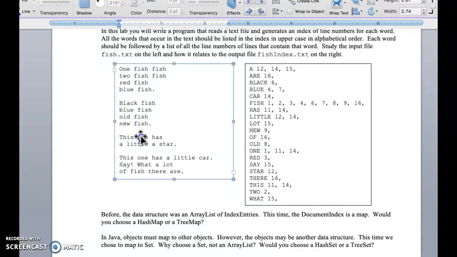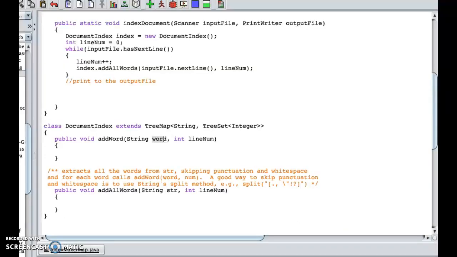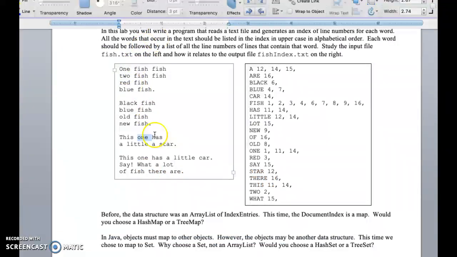Well, when I get down here to line 11, and I hit the word 1, and I ask in that method if this is already in the tree, I'll get a true. And so what I can do is use the get for the tree map using the specified key, which is the word, and it will give me back the value. And remember, for our map, the value is an entire tree set. So when I say give me the tree set for the word 1, it's going to give me